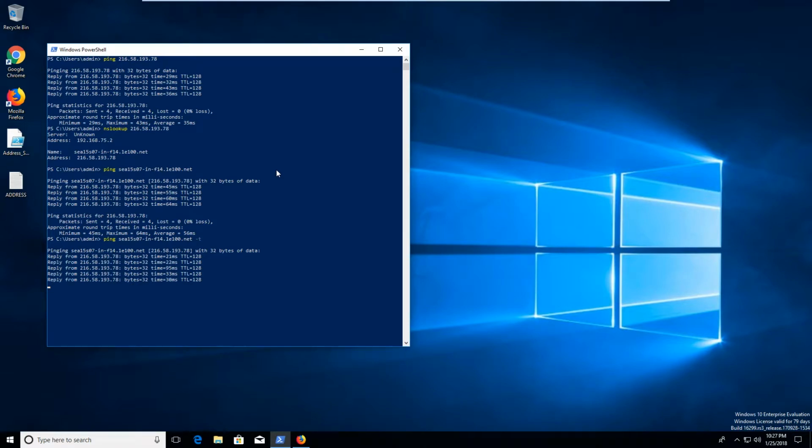You notice Windows by default does 4 packets, but -t just tells it not to stop, and so with Control-C you can actually stop it manually. And that's useful when you're trying to test connectivity between devices, or connectivity on a host in general. I'll use utilities like nslookup and ping to try and tell me more about my network connection and what I'm